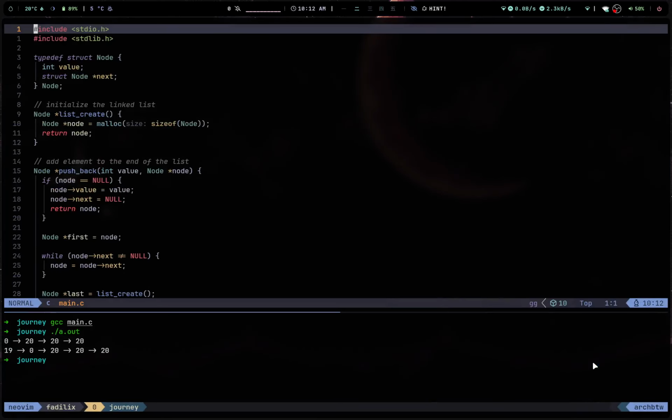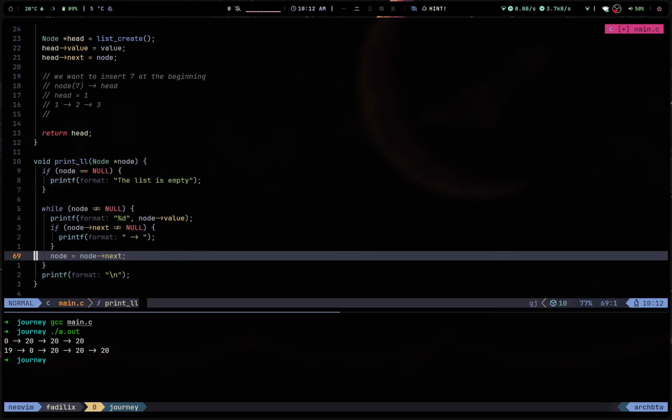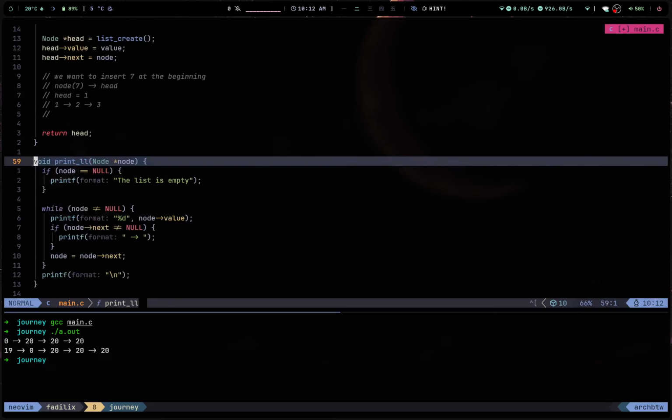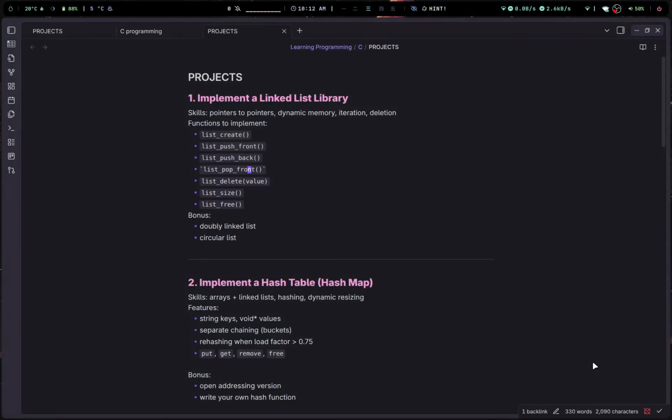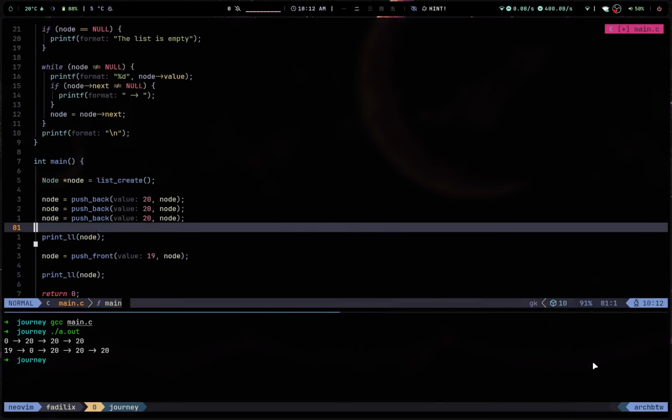So last time we did list create, push back, push front, and the printing of the list. So today we're going to continue with the pop front, which is deleting an element at the beginning of the list. List delete, list size, and list free. Let's start. So pop front,